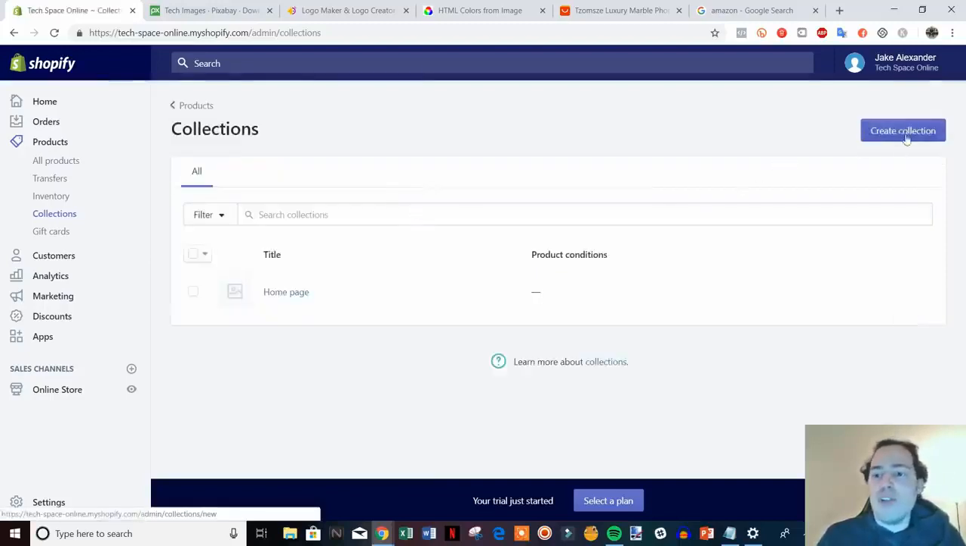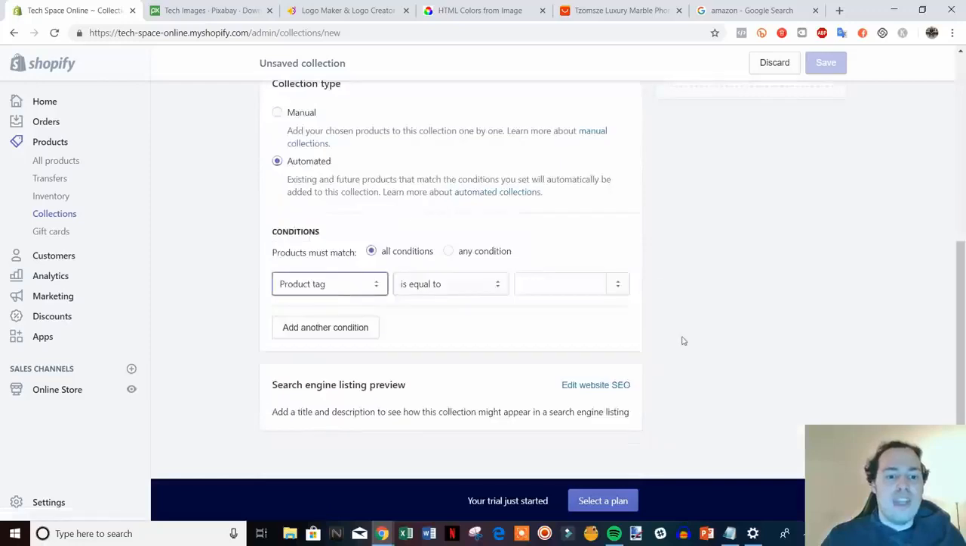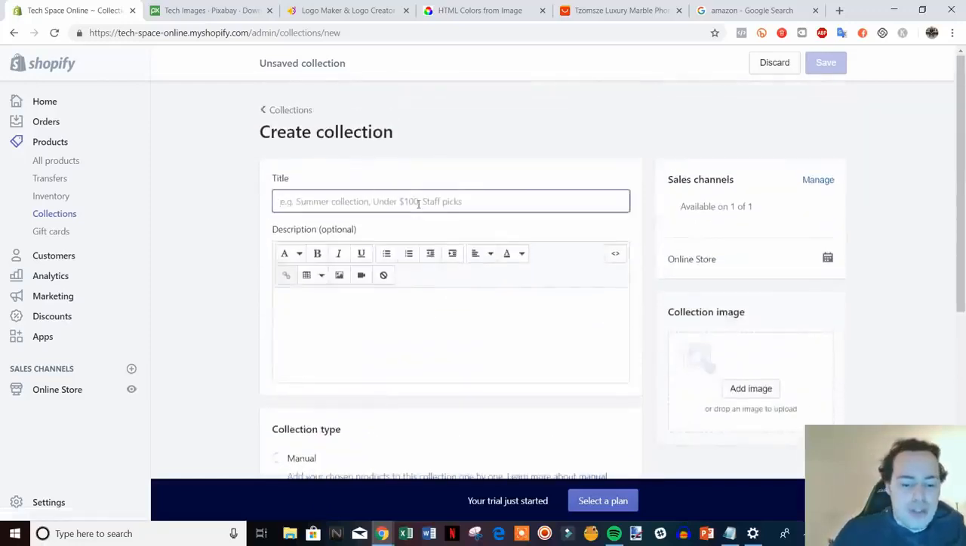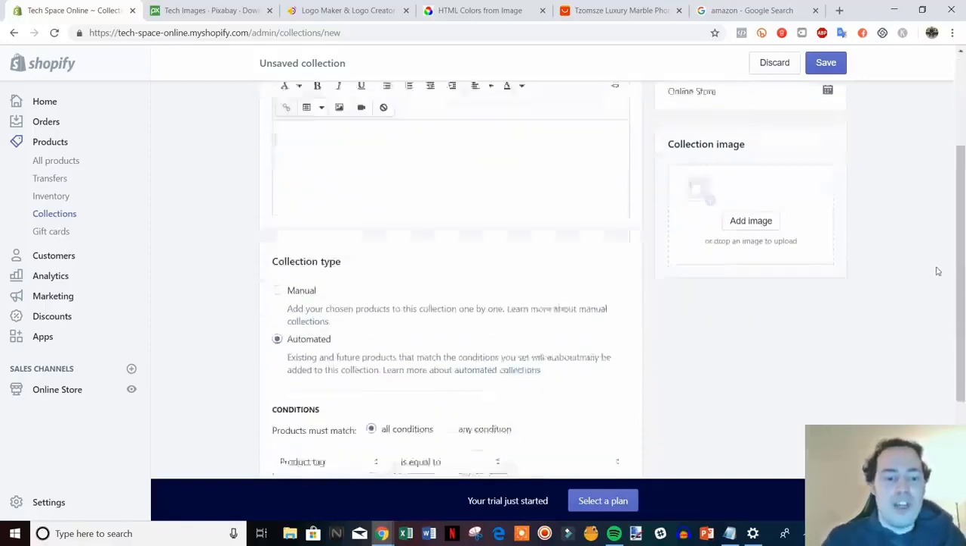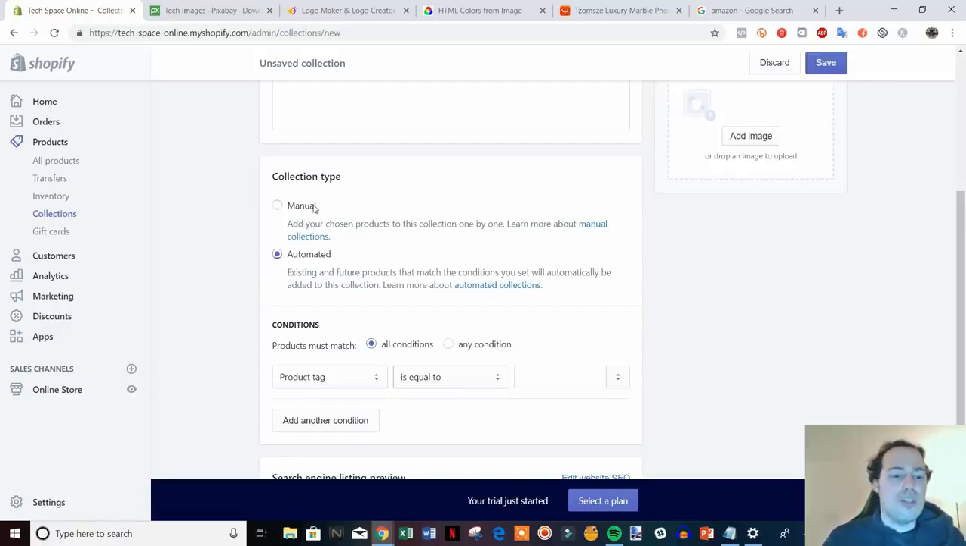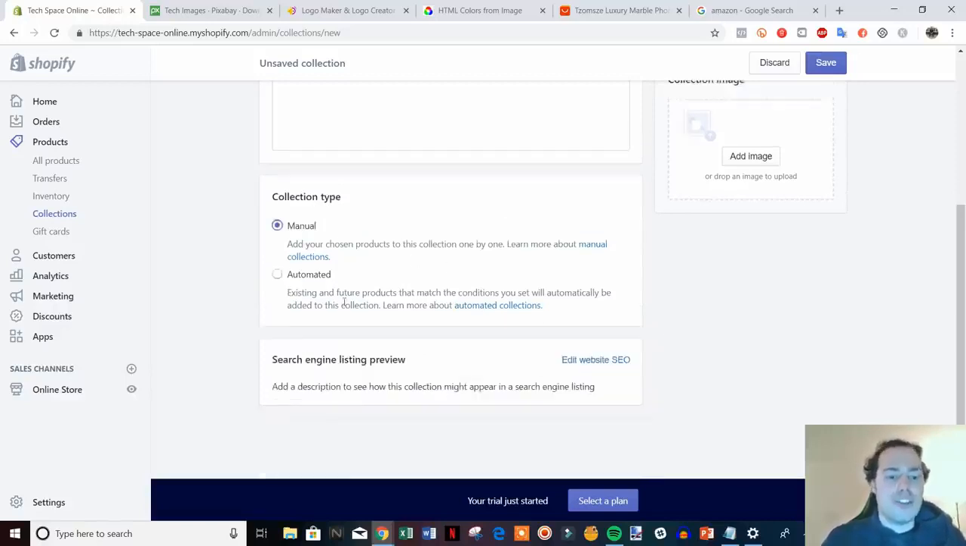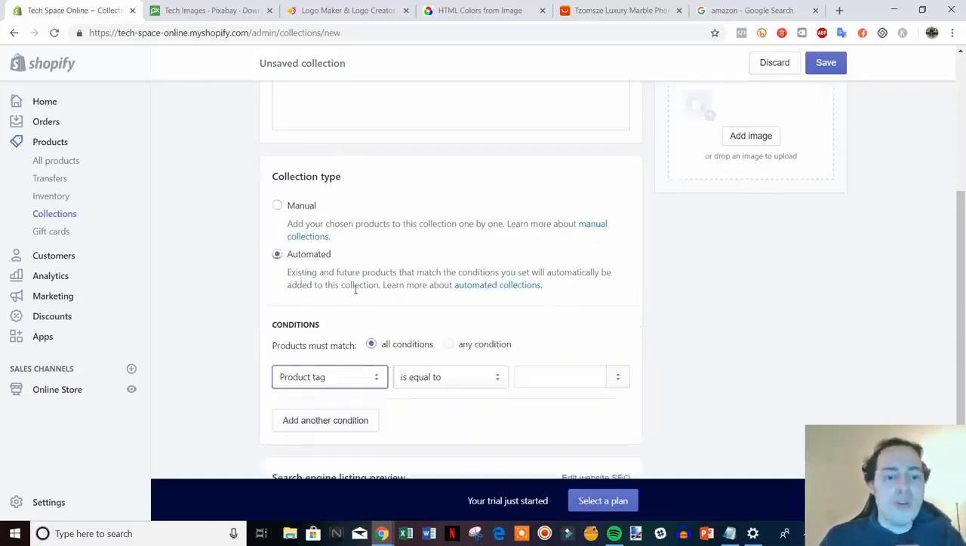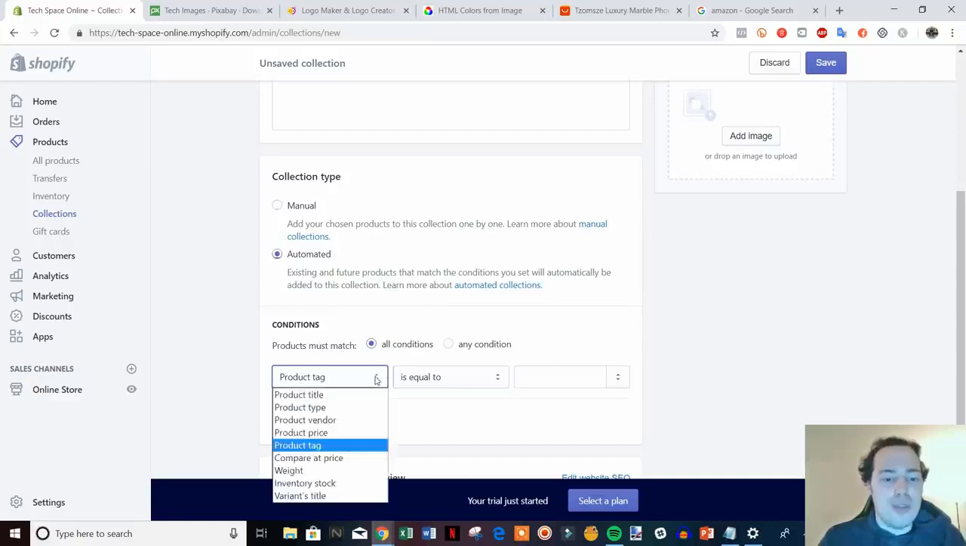do that as well. So we can come up here and hit create collection, and then we can go ahead and name it whatever we want. So in this case, iPhone cases. We can describe it if we want down here, but you don't have to. And then collection type, what we can do is we can either manually add products like we did before, that I just showed you how you can manually just add products in, or you can make it automated. So what you can do is you can make your product tag